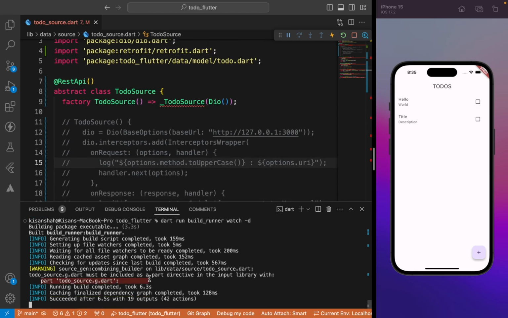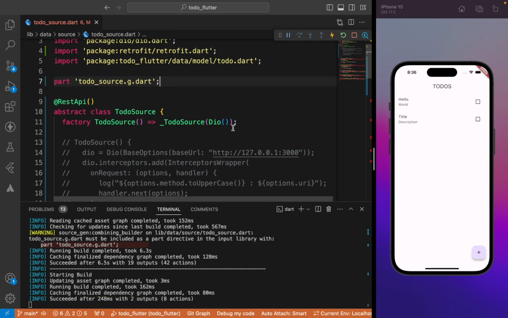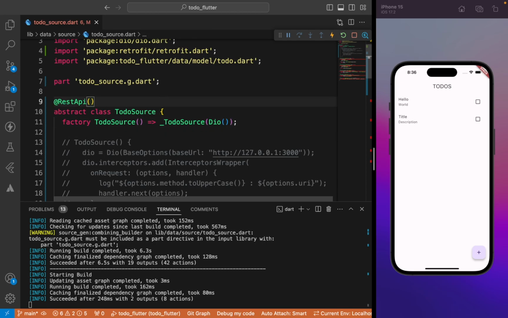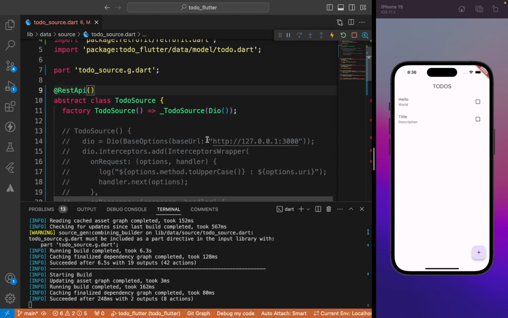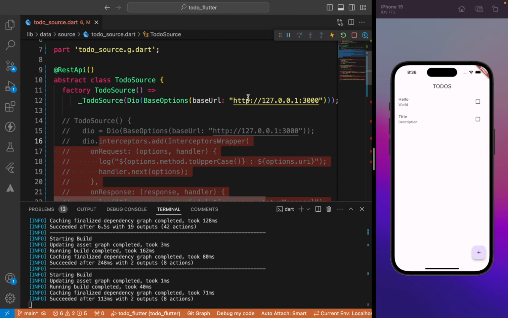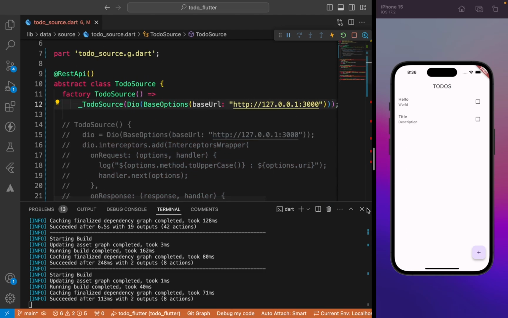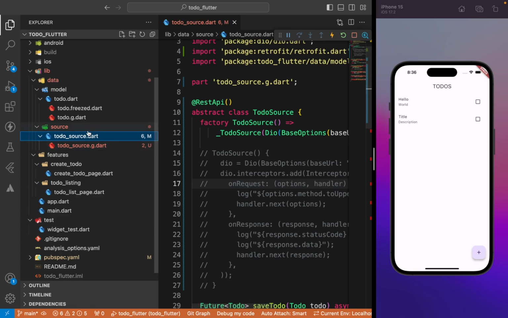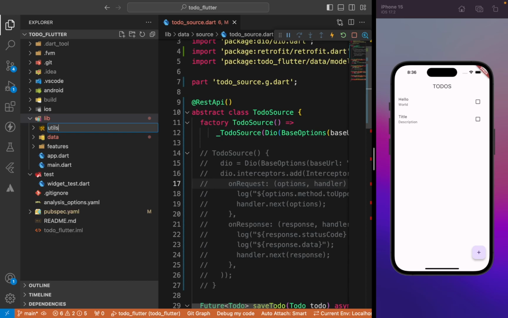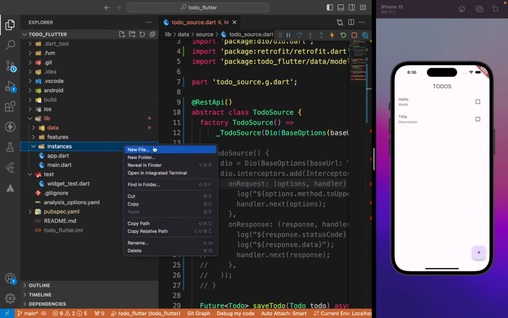Okay, we have to add this part thing. Let's add that. After that, okay, we are getting everything. So here we can just set up or grab this Dio object and pass it to this. But we can't do the interceptor thing like we can do, so let's separate that. We will create one more folder, utils or instances, whatever you want to name. So I'm creating